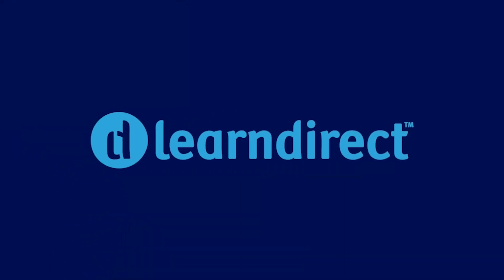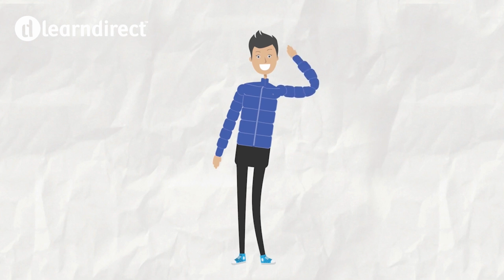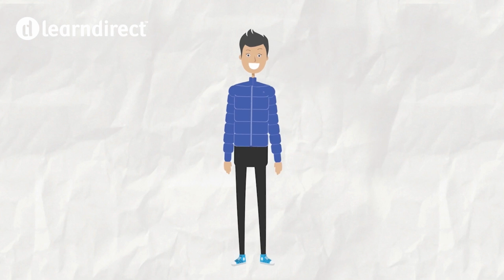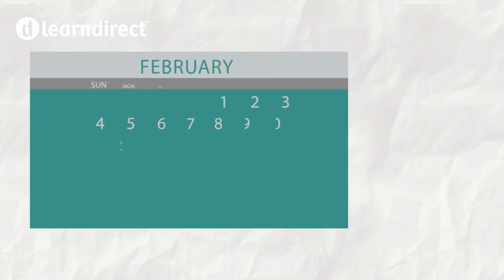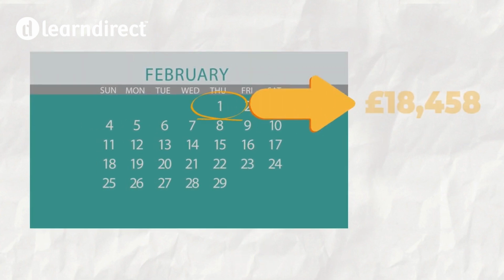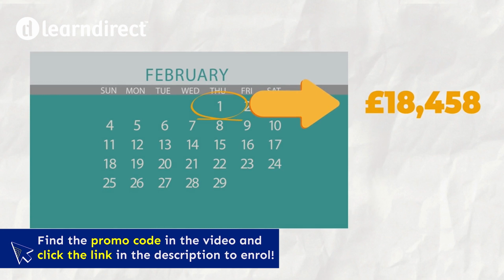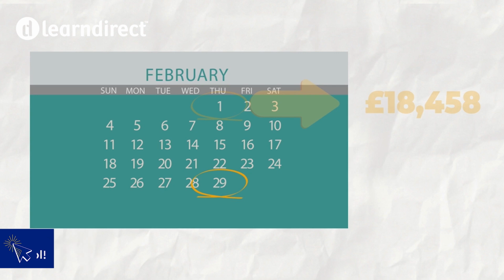Subtraction with large numbers. Darren is in charge of the fresh fish counter at a farm shop. He needs to keep an eye on how much he spends each month. At the start of February, he has spent £18,458 on fresh produce. At the end of the month, he finds out that he has now spent a total of